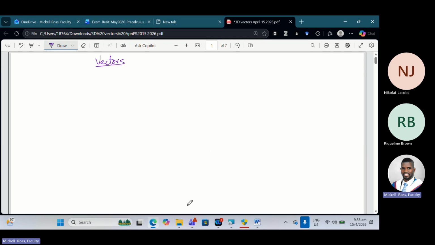We would have looked at vector algebra. What else did we do in vectors? Somebody help me. All right, no response. So the point is, the earlier part of vectors, we would have spent some